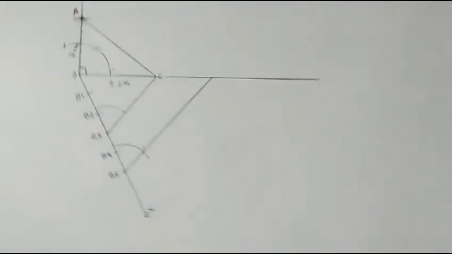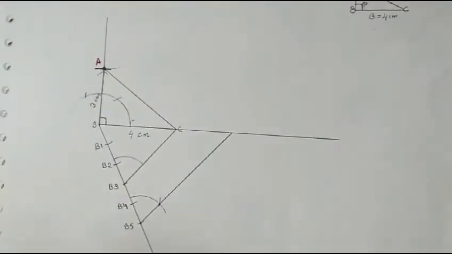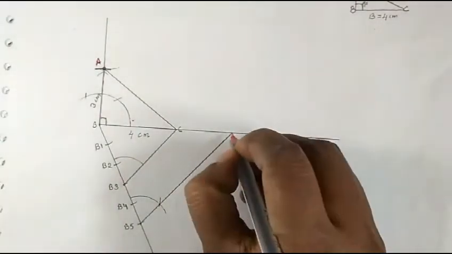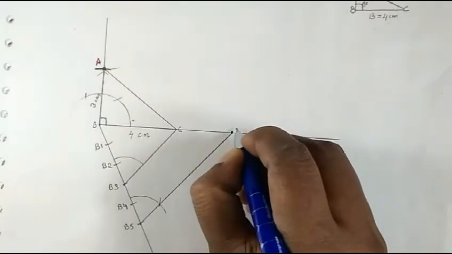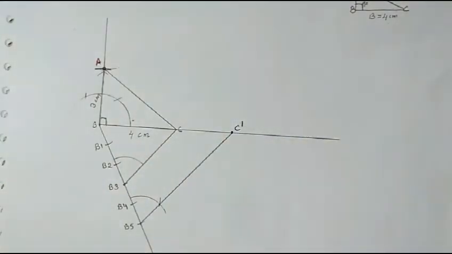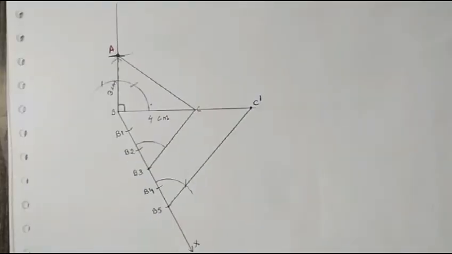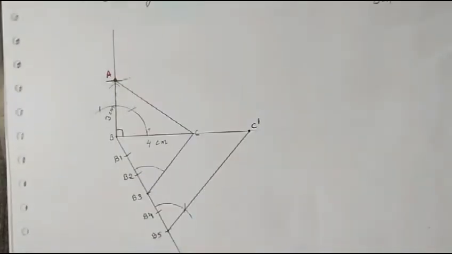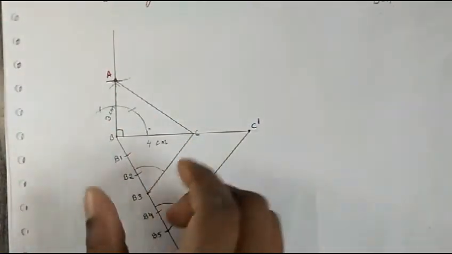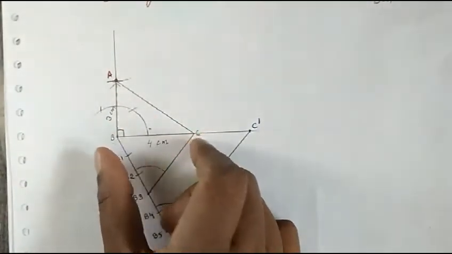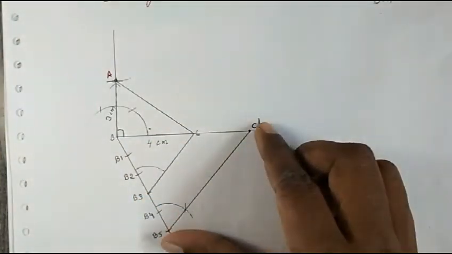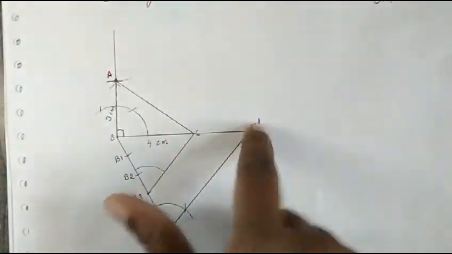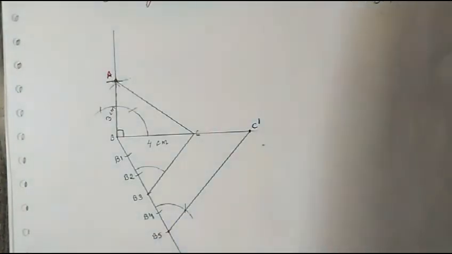Okay, so now this is C, which means this will be C dash. Now the remaining extra thing I'll just clear up. Now in the same way we have to draw a parallel line for AC, because for BC we have done this. For this we have drawn the parallel line. Now for this one we have to draw a parallel line. So do the same way.